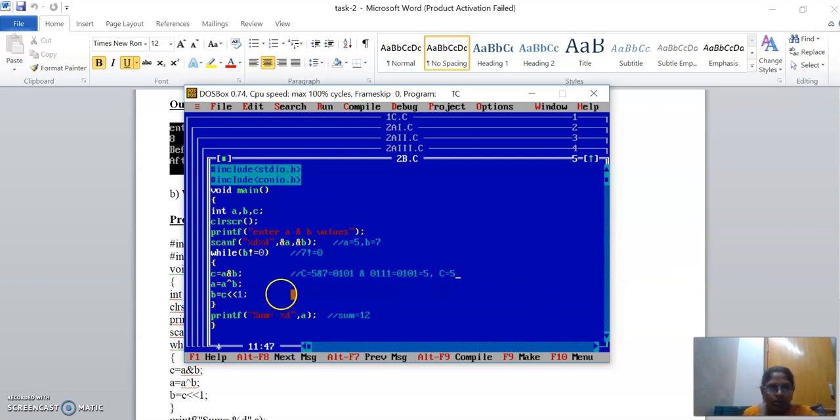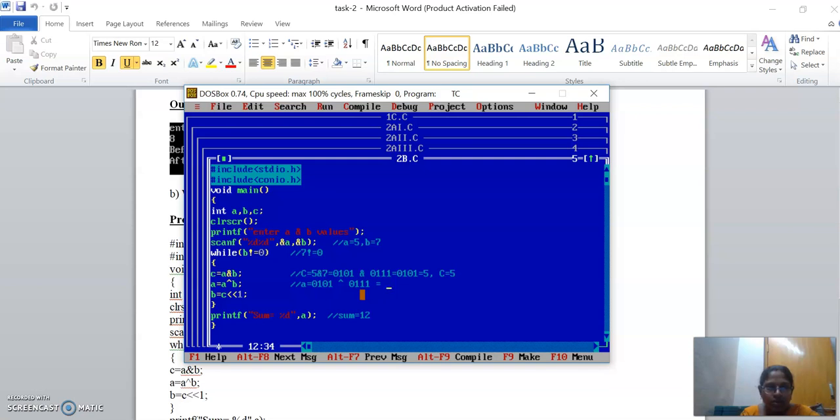Now in the next line, what am I going to do? A is equal to A XOR B. What is A? A value is 5, 0 1 0 1 XOR B value is 0 1 1 1.